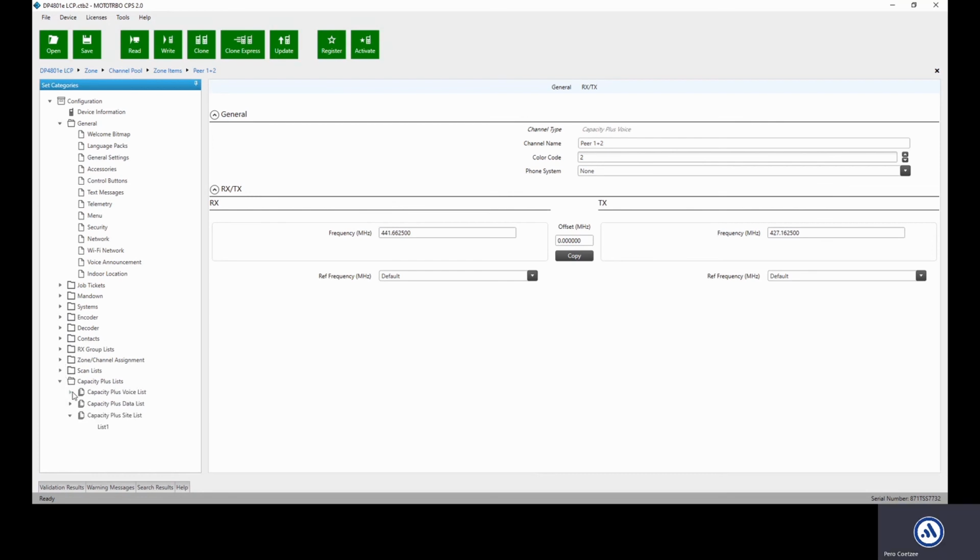you then need to look at your Capacity Plus voice list. And this is what can confuse people sometimes. So in Capacity Plus single site, you will have your site list and you can add all of your repeaters. What you need to remember in Capacity Plus multi-site is that you need a site list for each of the sites. So if you have a 5-site system, you need to add 5 individual voice lists in your Capacity Plus subscriber radio. So if we look at site 1,